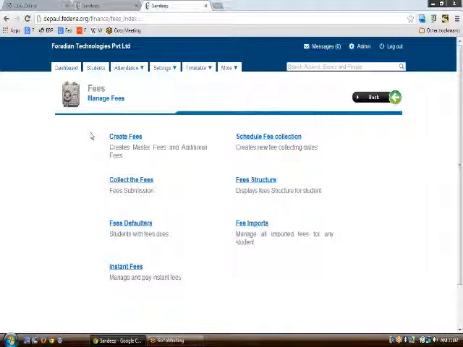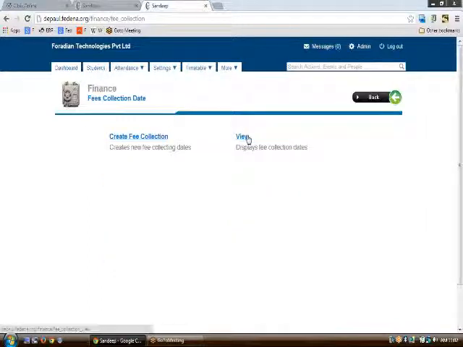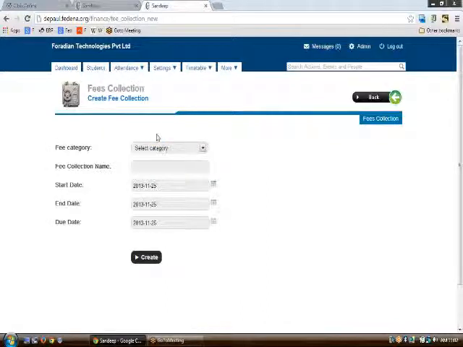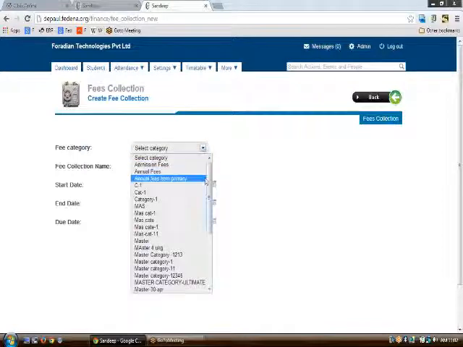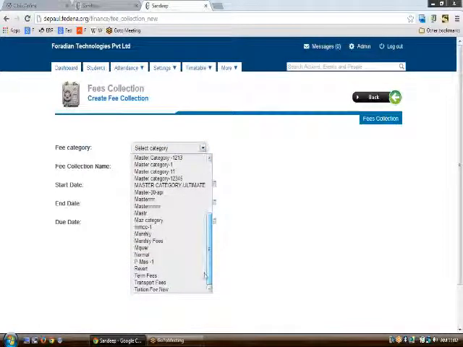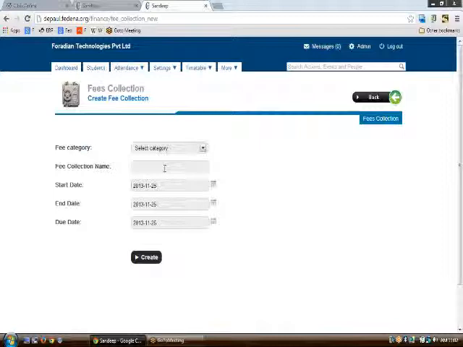Next comes the schedule fee collection. Once the categories have been done and particulars have been created, if you want to create the fee collection of students, you need to click on create fee collection. Select the category here for which the fee collection is to be created, and then the fee collection name.